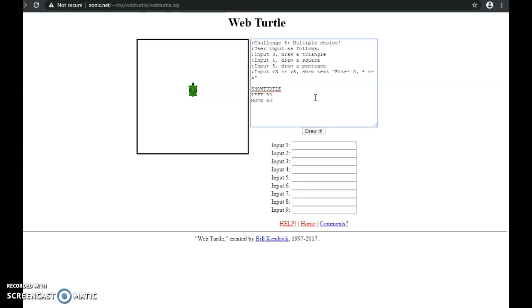Move it 50 spaces, pixels I guess, and I'll set it up ready to type just in case. Move it a little further. Left 90 again, move it down 30, and then left 90 so I can have it facing back towards the start. Okay,